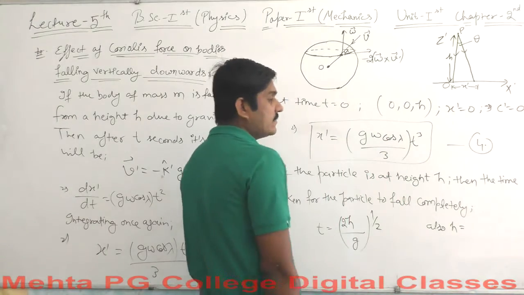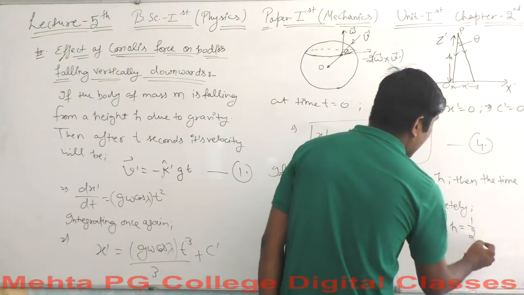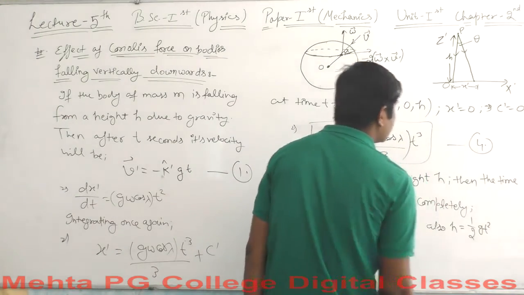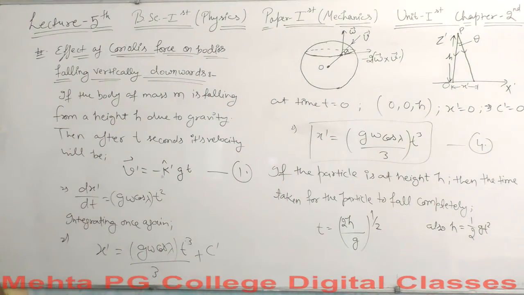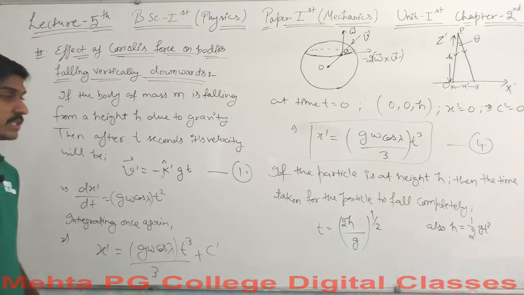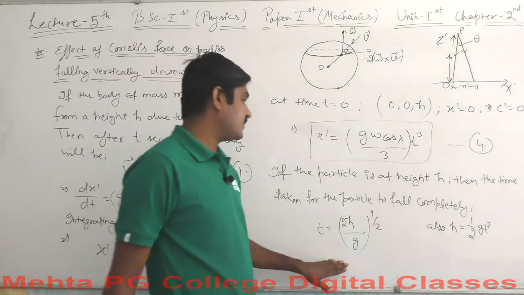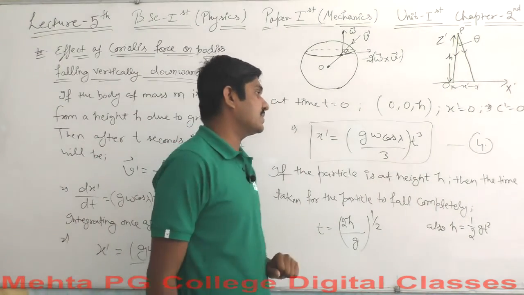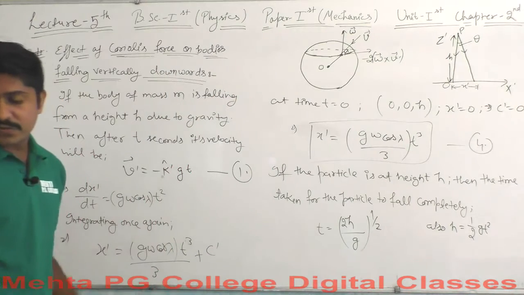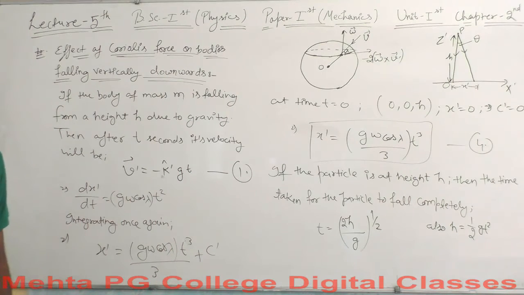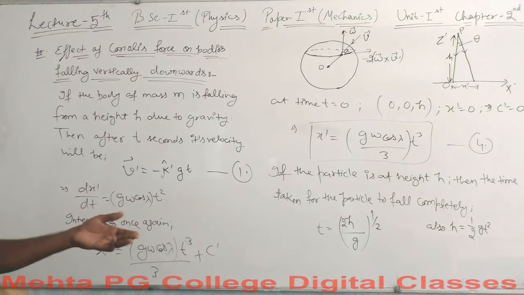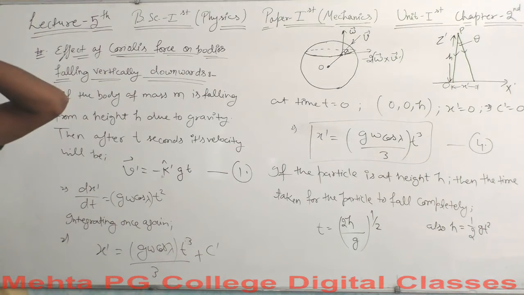You remember the height can be written in the term saying this is the half gt square. You can say the time t will be equals to the half gt square there. Okay, so let's use this value of t in equation 4. So let's find out what will happen here. We are going to use the value of t in equation 4.